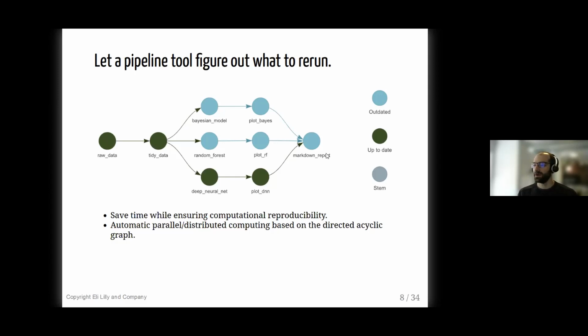A lot of the time I find out that almost all the targets, or at least all the really time-consuming ones, are already up to date, which saves me an entire day, because I don't have to refresh the results. I can immediately go to iterating on the plots and reports, which are the least time-consuming in terms of running stuff. And it's really increased productivity and peace of mind.